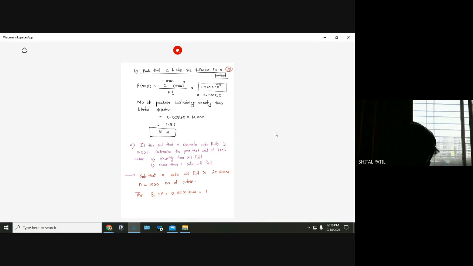Now, according to Poisson's distribution,